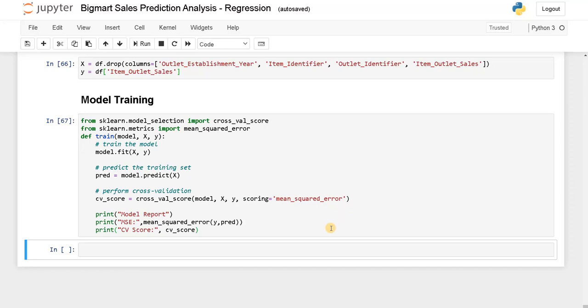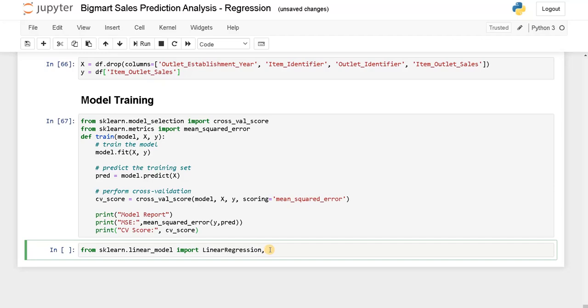Let's import some basic models for the start. From sklearn dot linear model import linear regression and ridge regression, and the last one is lasso.